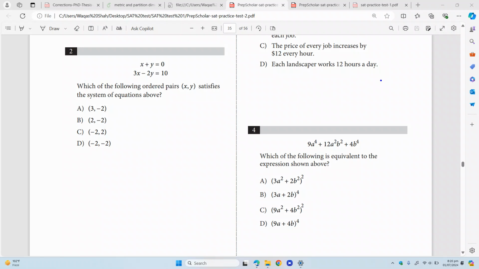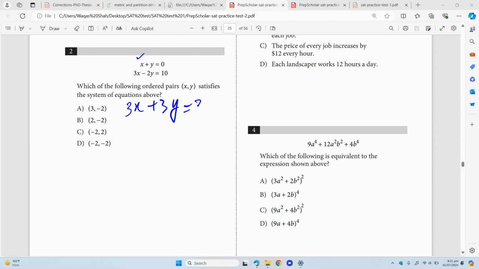So we can use the elimination method, and in that method we have to make the coefficient of either x or y the same. If you multiply this equation with 3, the coefficient of x in both equations will become equal. Then we can add or subtract according to our requirement to get rid of one variable. So just multiply 3 with the first equation, so it will be 3x plus 3y is equal to